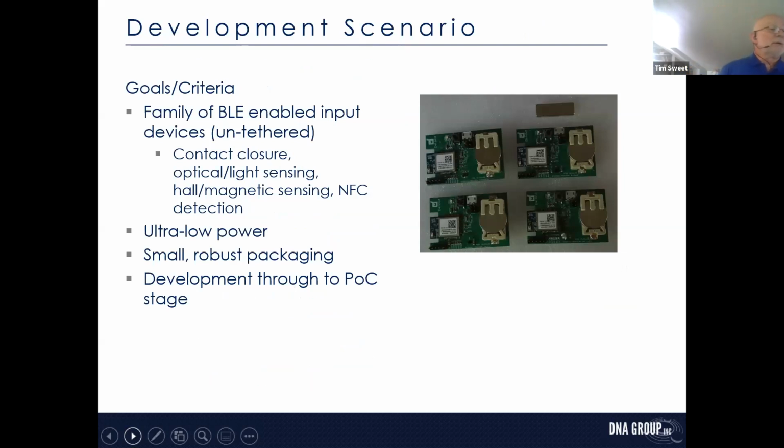Another hypothetical scenario would be to look at a family of BLE-enabled devices that can be used as a platform for multiple sensing options in a single design and package. In this case, we used an off-the-shelf development module from Atmel Microchip, another shout out, that uses ultra-low power features to provide extremely long battery life in a design that would essentially go tetherless in a PAN, personal area network application. Again, the services we perform include designing and developing devices that support a family of end products.